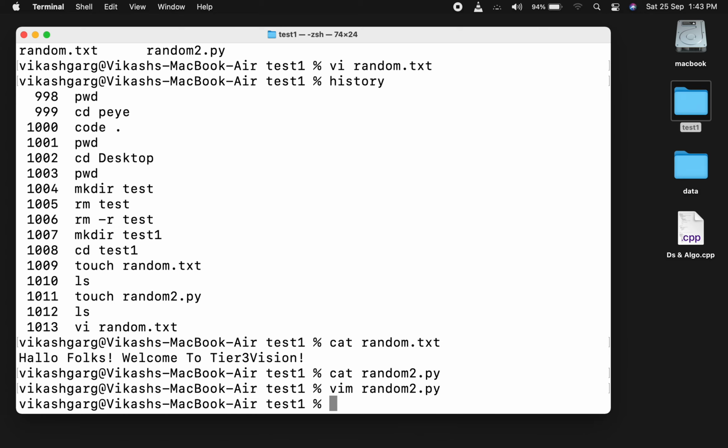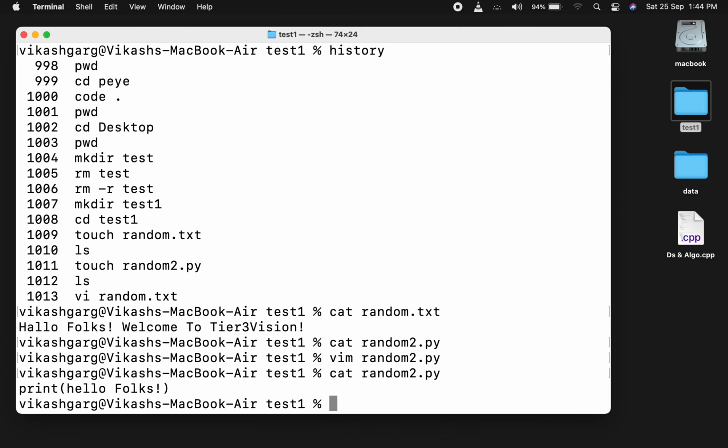Now if I hit my previous command, one of the handy things provided by the terminal, or you can say command prompt, is that you can use arrow keys to get all the commands that you executed before and after. So I'm hitting the arrow key, I want to go to this cat random.py. As you can see here, I'm having this print hello world. The command line interface is one of the very useful interfaces. It makes you feel very snappy while working on a project directory. You can do pretty much everything with the command line interface. You need not go to a graphical user interface to do this sort of work.